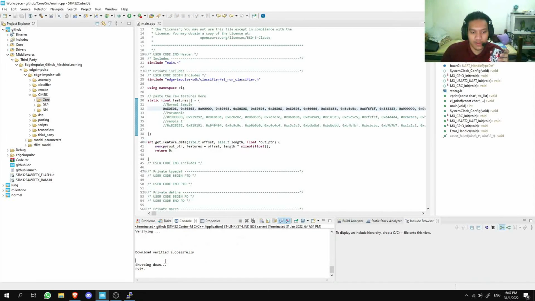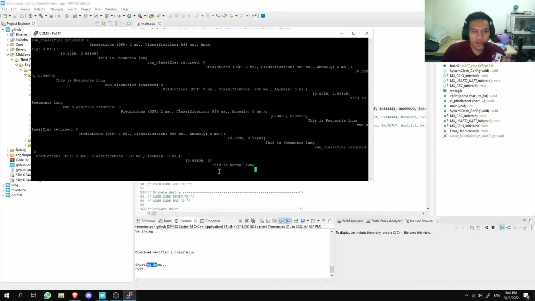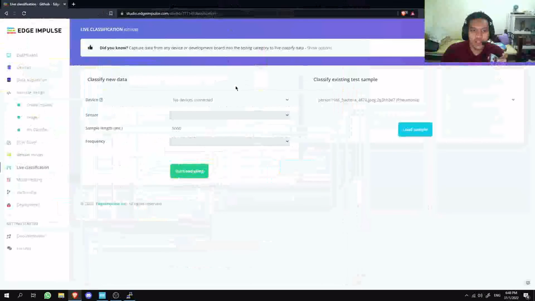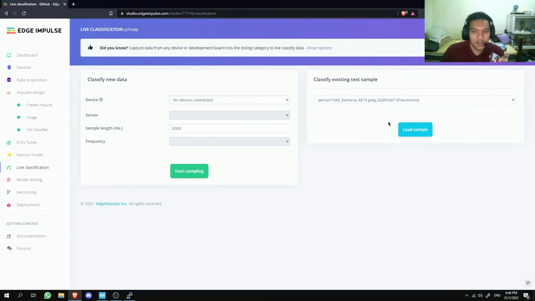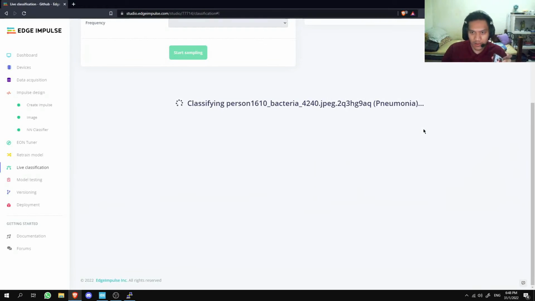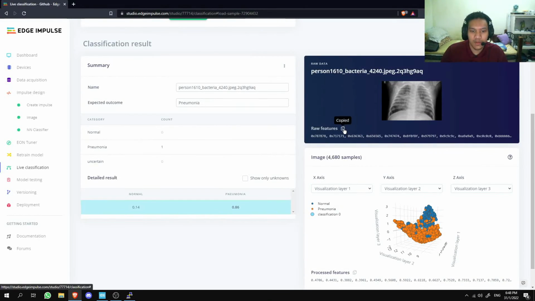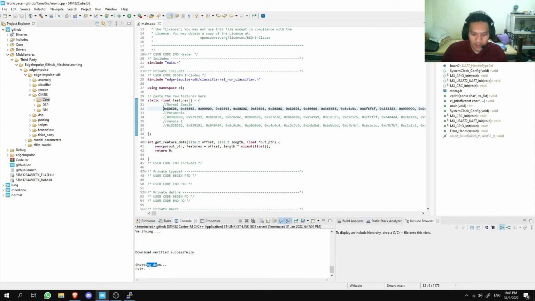Okay, it says download verified successfully, shutting down and exit. Now we can see that over here it changes to this is a normal lung. So how do I get the raw feature? The raw feature I can get from this Edge Impulse project over here. Let's say I want to test this raw feature. I will load the sample, and then wait. Okay, this is the raw feature over here. Basically, you just copy this raw feature, and you see this category over here is pneumonia, and after you copy that, you just need to paste the raw feature over here,